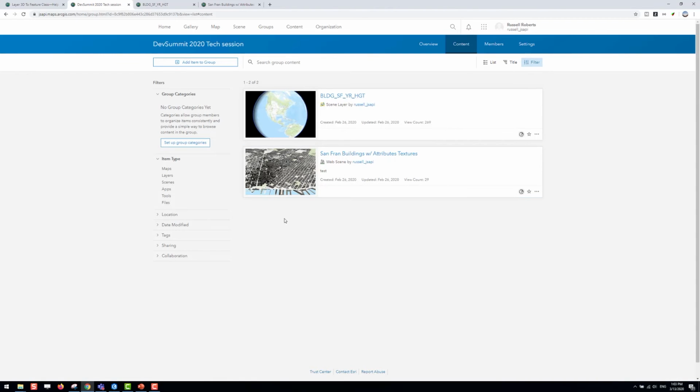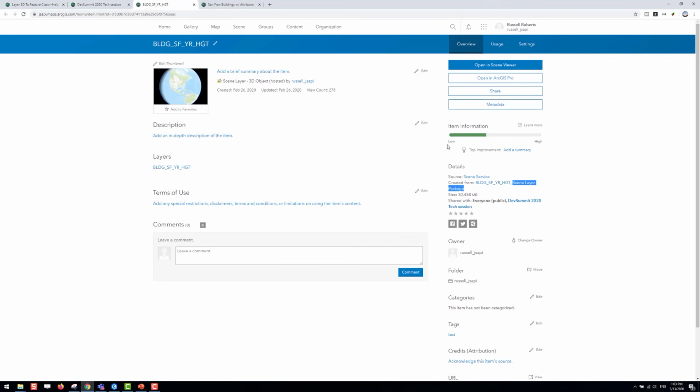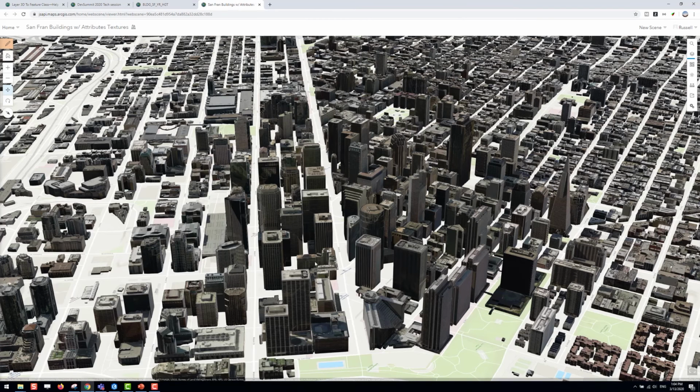Here we have the completed web scene and scene layer that we published from Pro. If we go and look at that scene layer, we'll see that was published from a scene layer package. And this was the one that we cooked locally, and then once the cache generation finished, it began uploading it to ArcGIS Online, and that kicks off the publishing process right away. And then we can go to this web scene, and we would see the completed buildings already here,